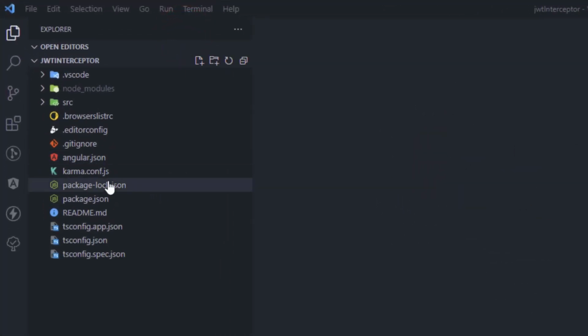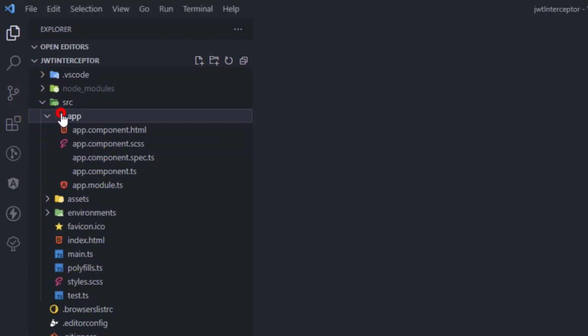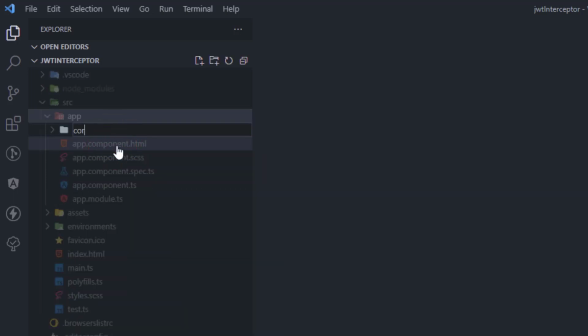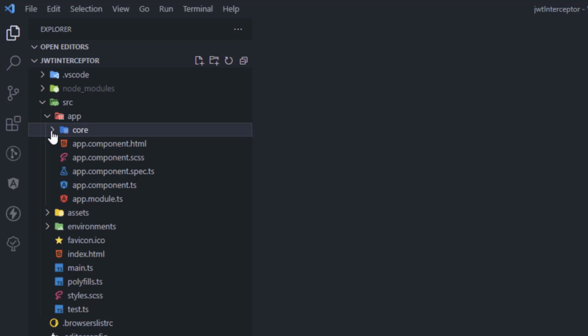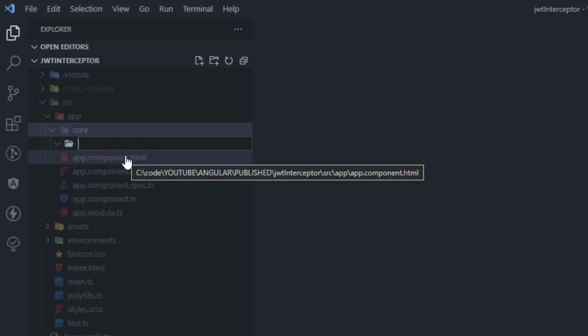Here I have this basic Angular structure that I created by typing ng new and the name of our project, in this case JWT Interceptor. So here in our app folder, I'm going to create a new folder and call it core. If you are not familiar with the structure I usually use, there is a link to a video where I show you exactly the structure I use most of the time. So I'm creating core here, and in this core folder I'll create a new folder called interceptors,